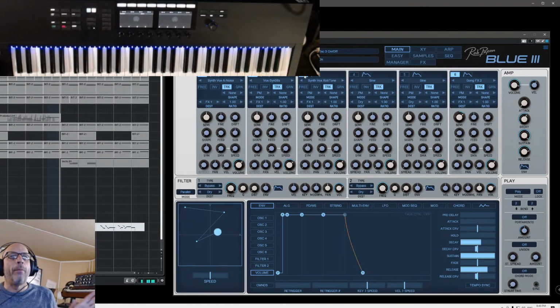So there's far more inside Blue 3, and the Beat Garden ROM, you will find all these sounds in Punch